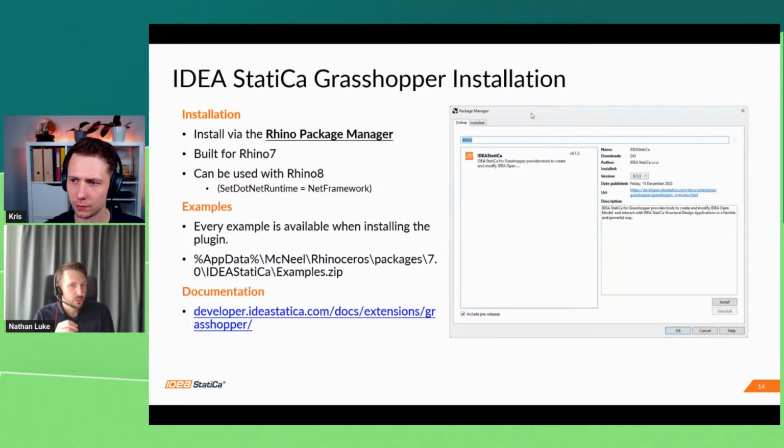When you install it, you get a whole bunch of examples with it. We also have documentation on how it works at our developer website. So I'd be very keen for anyone to download it, and hopefully some people from this webinar will start using it